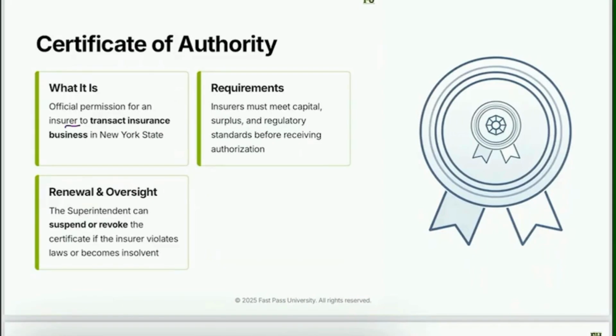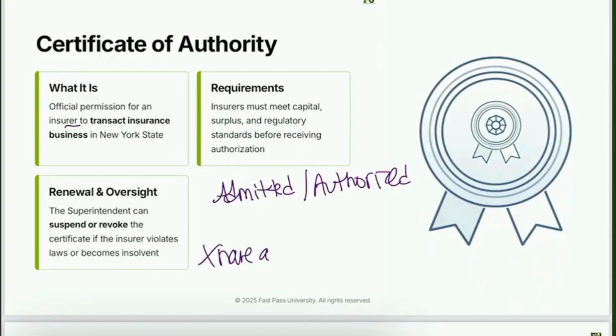The requirements are that insurers must meet capital, surplus, and regulatory standards before receiving authorization. And if they have a certificate of authority, they are considered admitted or authorized, as we just said. And if they do not have a certificate of authority, they are non-admitted